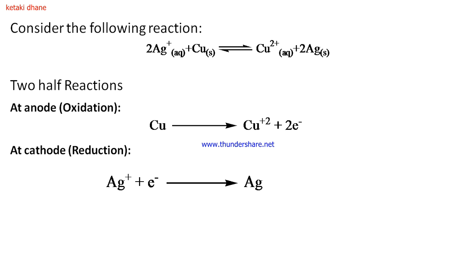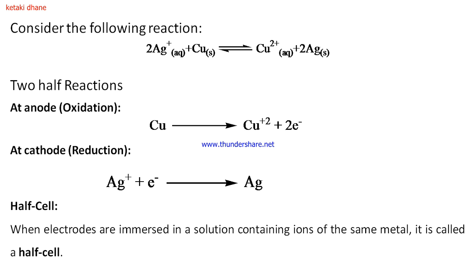Followed by that, we have seen some examples of which electrode we can call an anode and which electrode we can call a cathode. The electrode which releases or donates its electrons and oxidizes itself is an anode, and the electrode which accepts the donated electrons and is reduced is what we call a cathode.